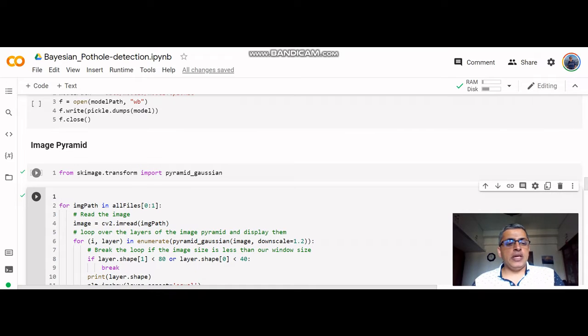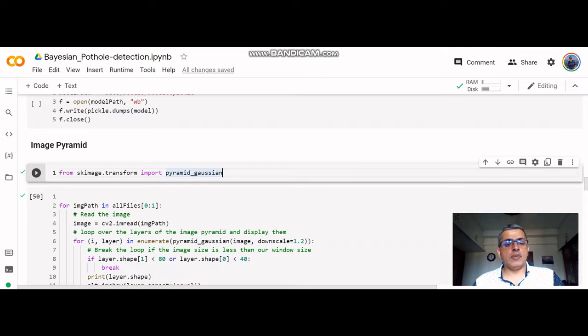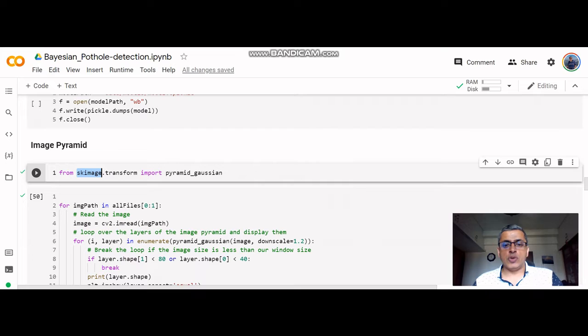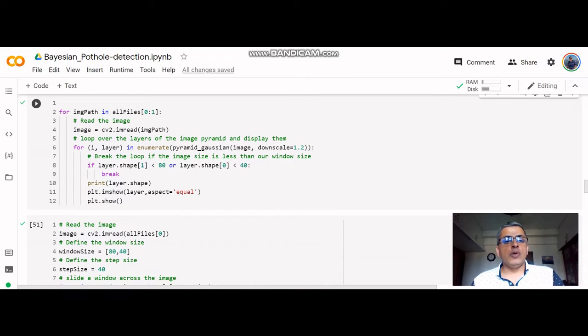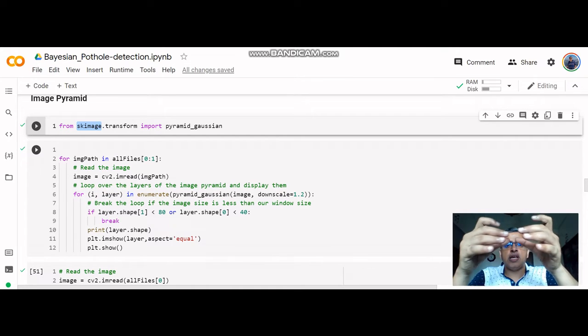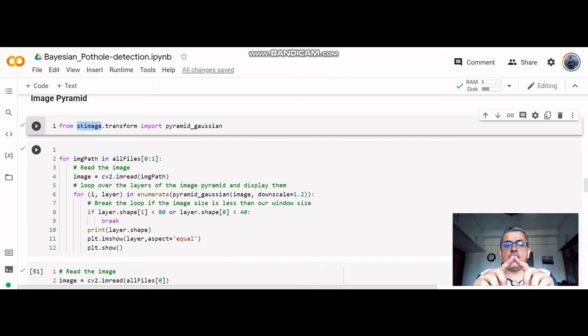So image pyramids can be implemented using a method called pyramid Gaussian, which is available in skimage.transform. So we'll be using that specific method for doing this. If you recollect, in the previous post we discussed image pyramids and sliding windows. With image pyramids, you're just scaling down these images to different smaller scales, and the windows